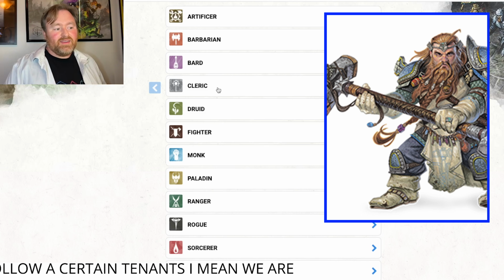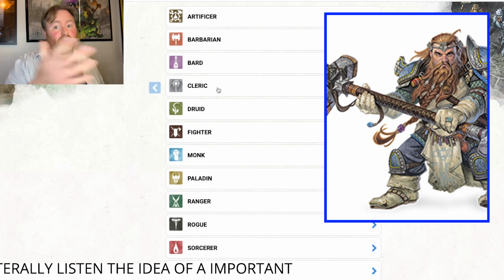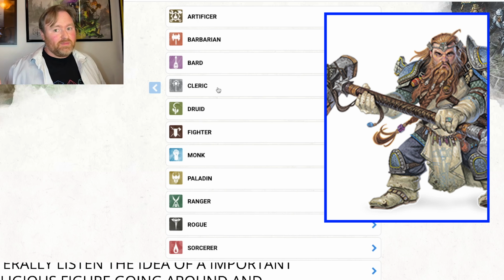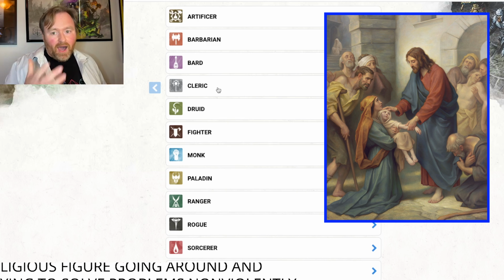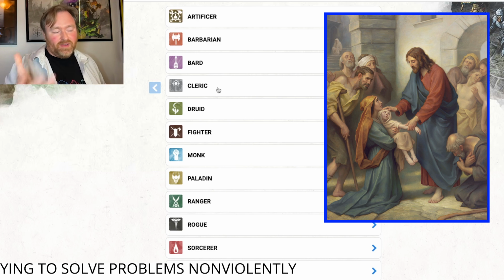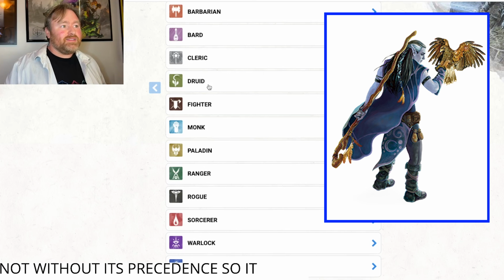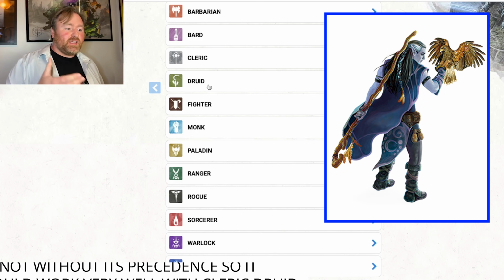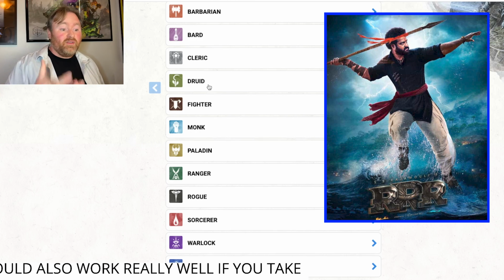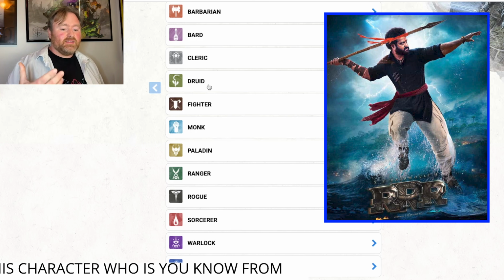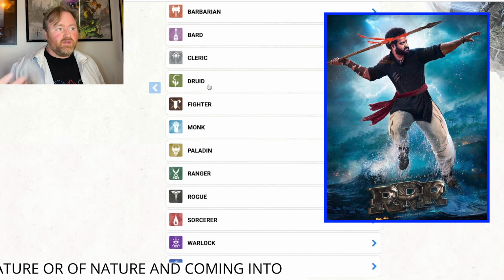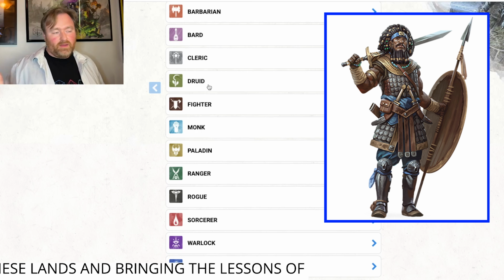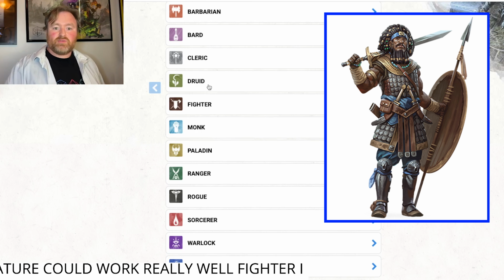Listen, the idea of an important religious figure going around and trying to solve problems non-violently is not without its precedent, so it could work very well with a cleric. Druid could also work really well if you take this character who is from nature or of nature and coming into these lands and bringing the lessons of nature. Could work really well. Fighter, I mean, we're already kind of thinking samurai because we're thinking man with no name